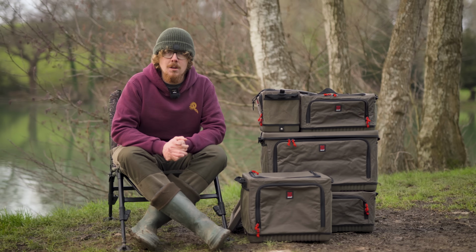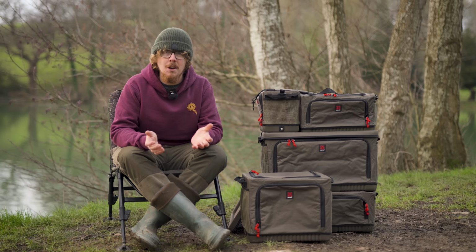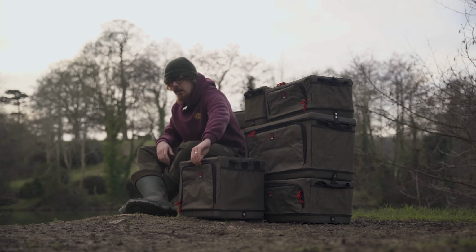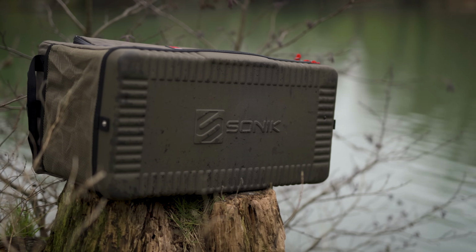That's all well and good having a nice rigid steel frame, but if the materials wrapped around that frame aren't any good, it's going to degrade over time and leave you with just a metal skeleton, and that's no good for anyone. So they've made sure that the materials are hard wearing. Starting off with the base, we've got a hard wearing EVA base, so it's great to chuck on muddy banks